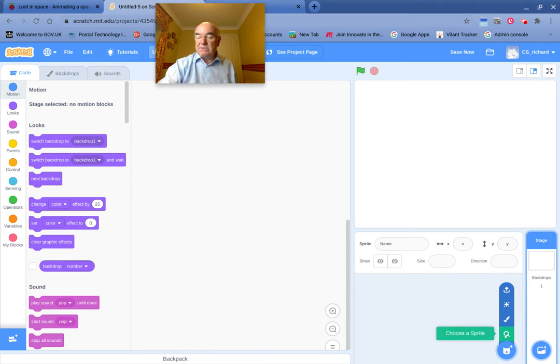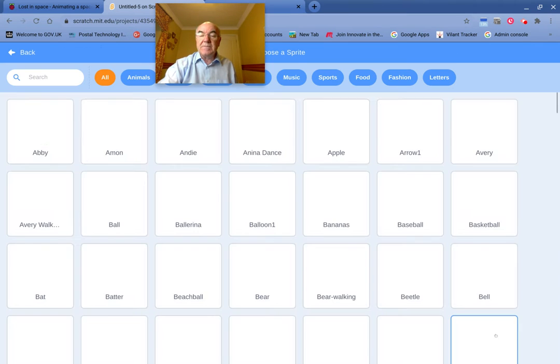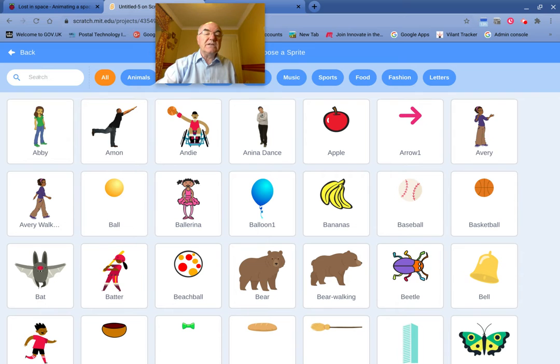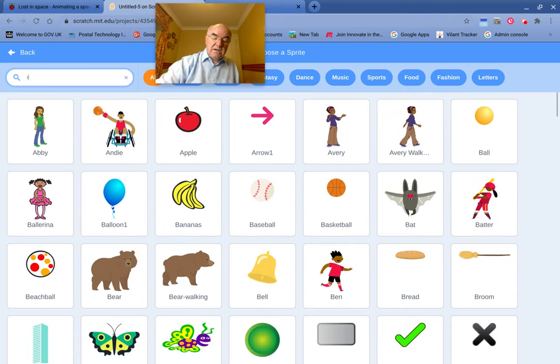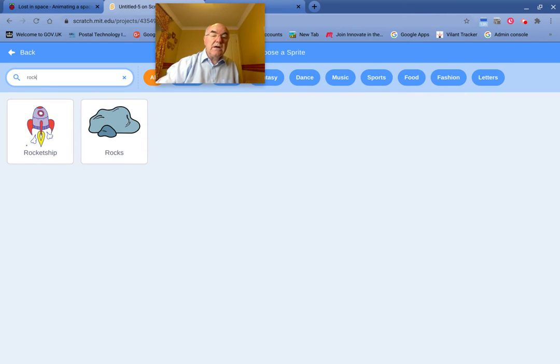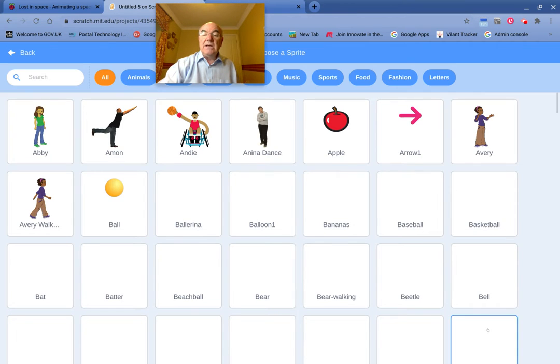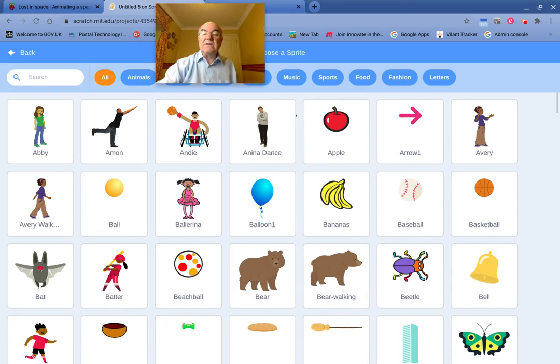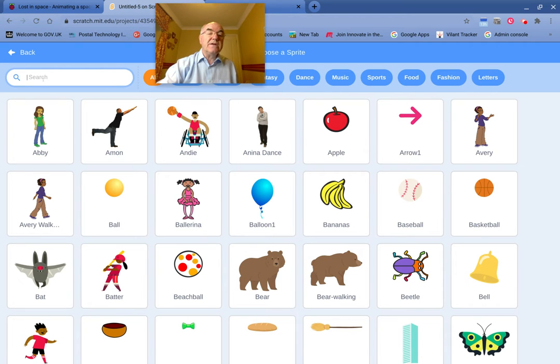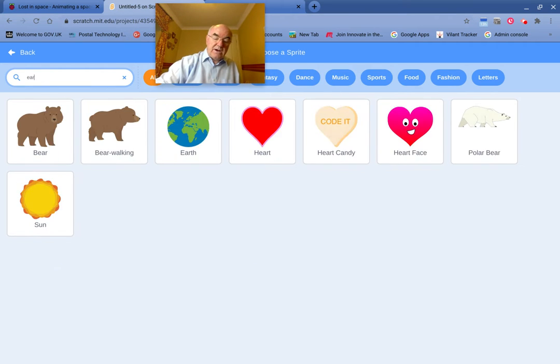The first thing we need to do is create our spaceship. So if I do rocket, so I have a rocket, and I also need to have a planet to find. So if I now go into, I think it's that one, I think it might be that. If I do Earth, EARTH,